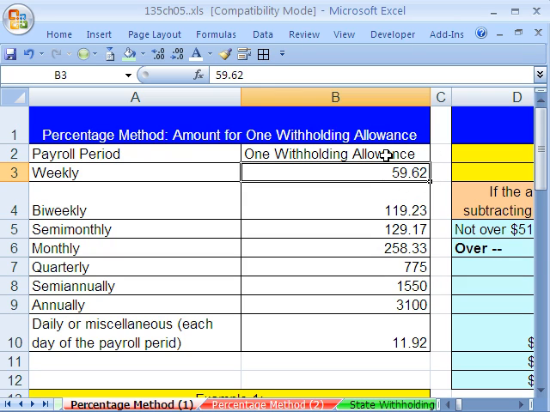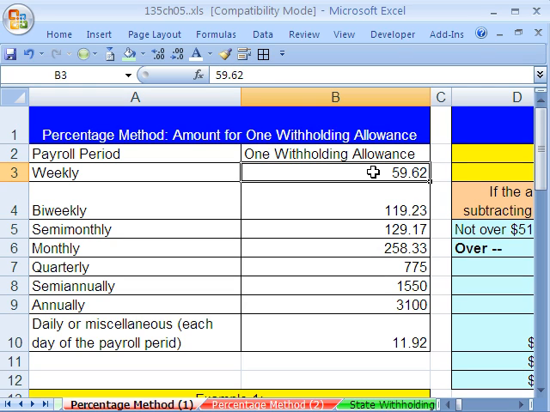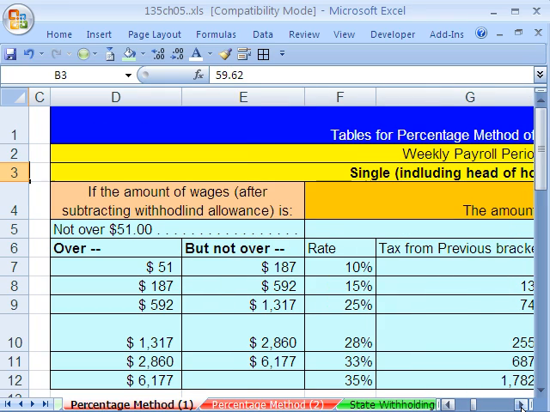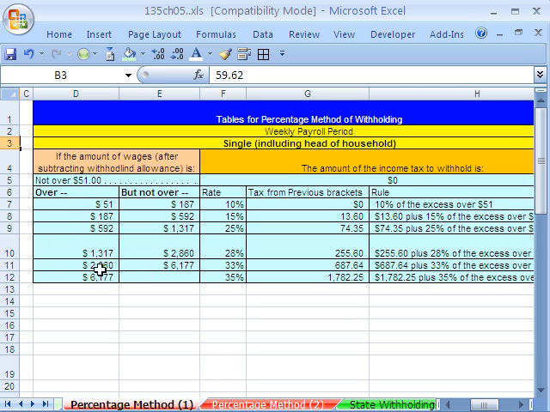But what this is the government saying, hey, listen, if you have one person and you have a weekly paycheck, we're going to let you keep $59.62 and not tax that, because we know you need some of that money not taxed to pay for everything. So that is what that is. But once we get our final amount, we're going to have to stay on this sheet right here. But we're going to have to scroll over, and we're going to have this tax table. So once we figure out what our taxable earnings are, we're going to have to look here,